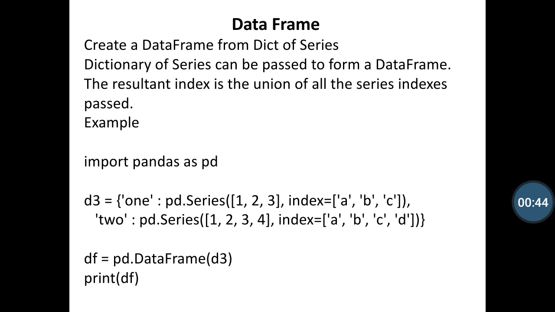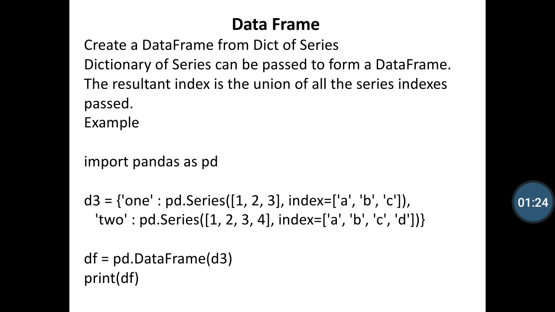dictionary with the variable name d3 equal to, then you put the dictionary notation as curly brackets and define a key value as 1, and then put the colon value and call the alias of the pandas library, pd dot Series method, and then you put the values in a list, 1 2 3, and then you define the index, which is used to define the values, with a, b and c,